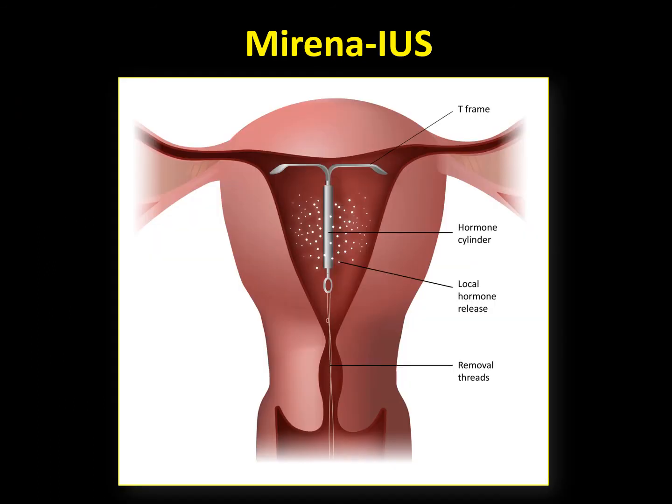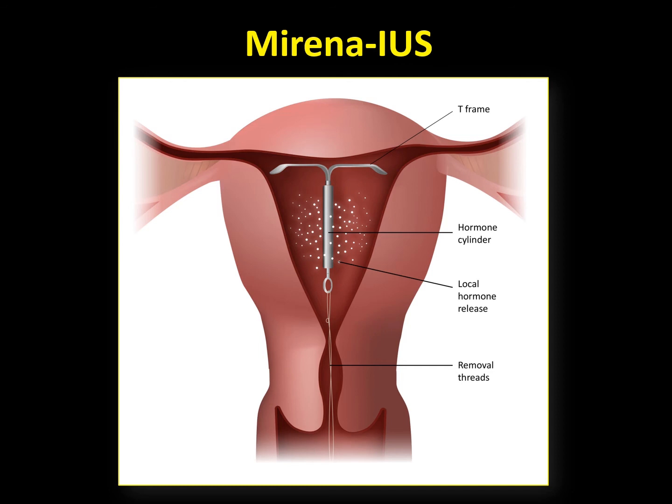Mirena, or the Mirena intrauterine system, IUS, was marketed initially as a medication, and this is why we say intrauterine system. It is the first-line management of heavy menstrual bleeding, menorrhagia. You can see Mirena has a T shape, and it is made of